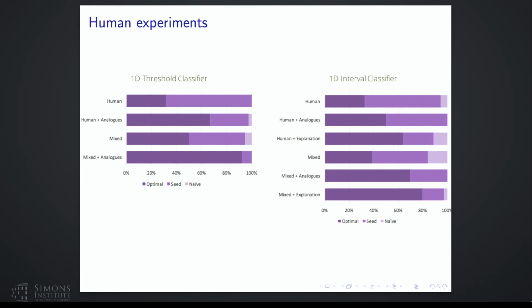And how does it do? So we have the plain condition plus the analog condition. This is where humans received that training. It's really just in the form of showing a bunch of text sentences before they do their teaching. That's all. Okay. But look at the dark purple. That's how many of them are actually producing the optimum teaching behavior afterwards. So in all these cases, the dark purple has increased.